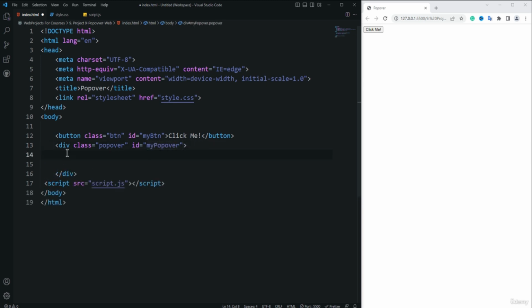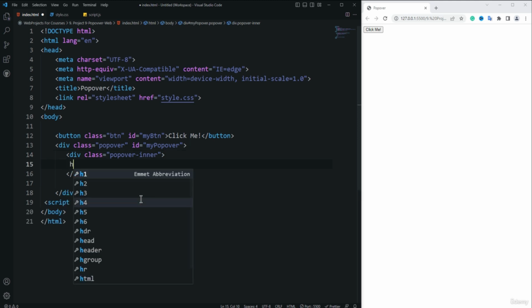Inside of this popover div, I'm going to specify another div with the class name popover inner. Then inside of that I'm going to specify the h3 element and name this as my